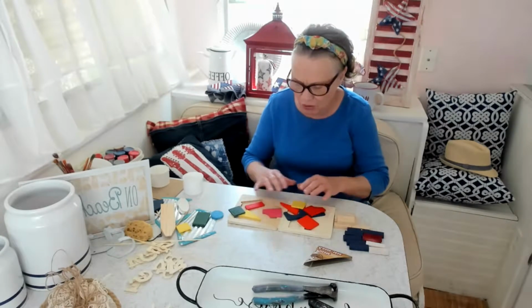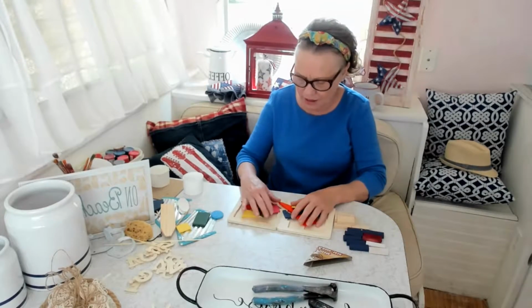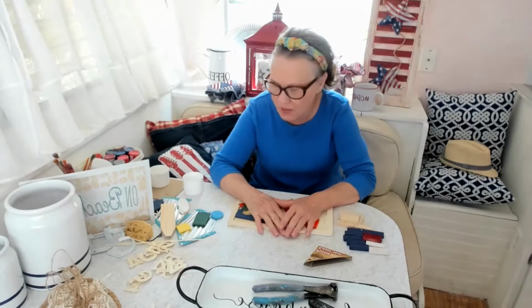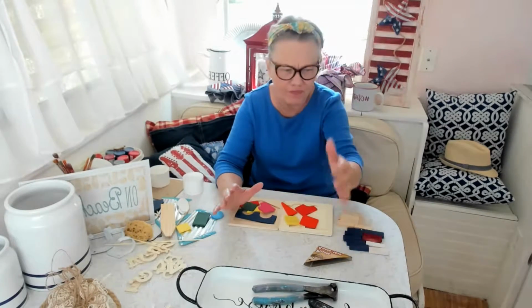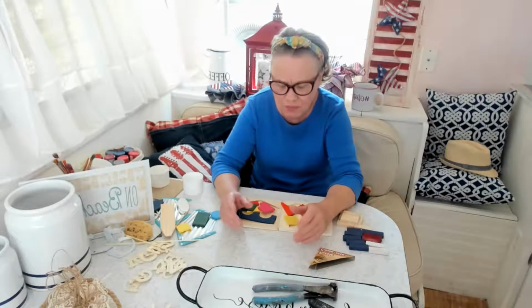I'm going to be showing you a really cute beachy decor. I've looked at several on the internet and tried to come up with the best ideas. I am real fascinated with what are called beach box houses. What they are is like a 5 by 7 maybe room, and they usually have a pretty large door